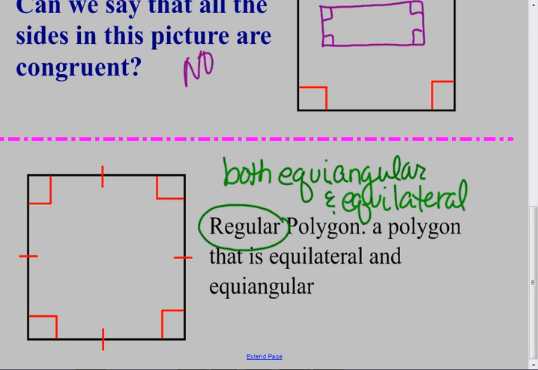Okay, so regular means both are true. There's only one polygon that if you know it's equilateral, it's also equiangular. And if it's equiangular, you also know it's always equilateral. Does anybody know what that is? No, squares could be rectangles. If I know it's equilateral, it has to be equiangular. The triangle. If you have an equilateral triangle, it's also equiangular. That's the only one. You have to know it's regular if you want both conditions. Because if I have an equilateral triangle,